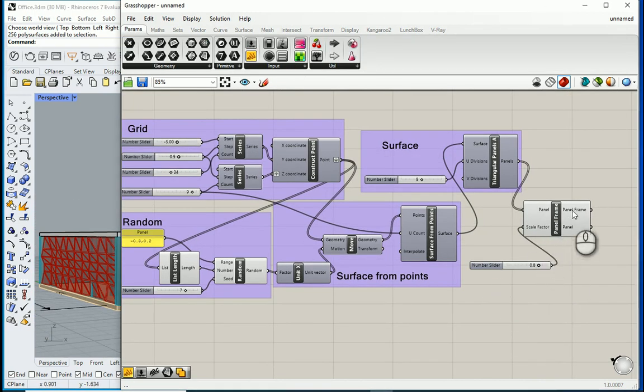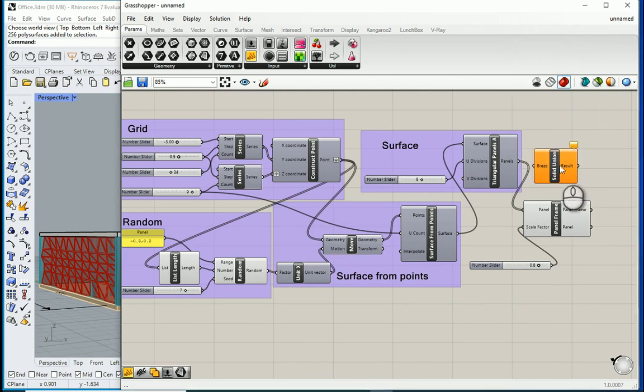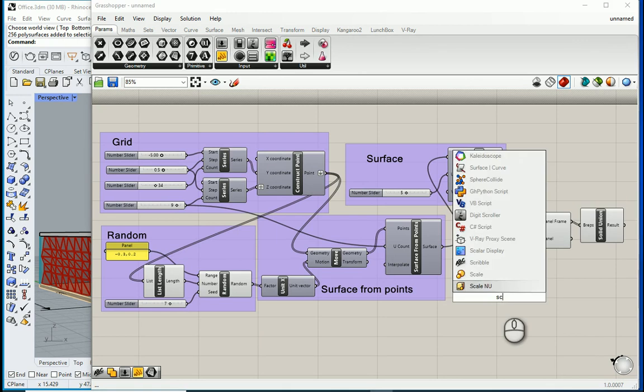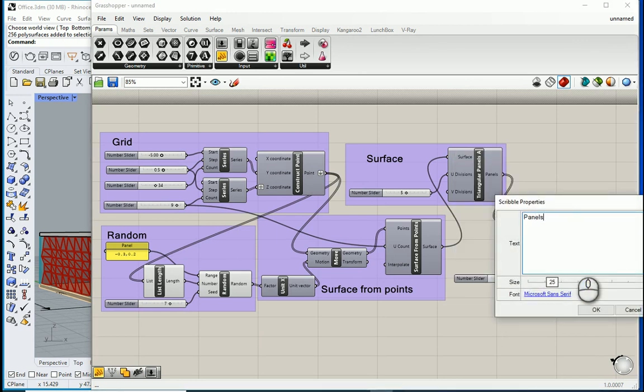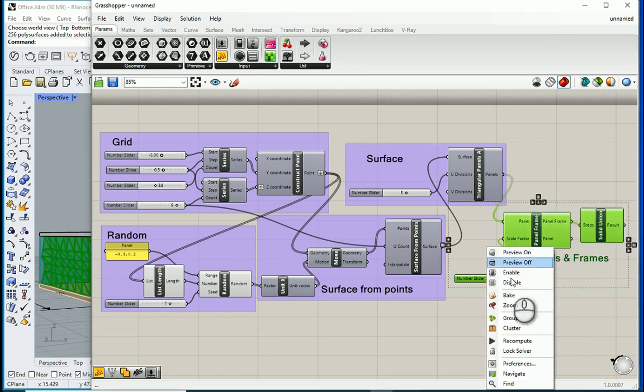For the frames, we can also use solid union. If I connect panel frame to the B-reps, you see that it's going to actually put all of them in one single geometry, one open B-rep, instead of like 100 geometry. Last icon, I want to go with a scribble, and I want to name this as panels and frames. These 4 icons can be a group,